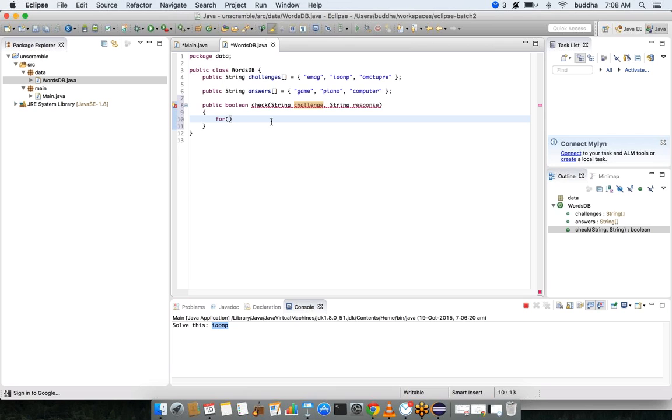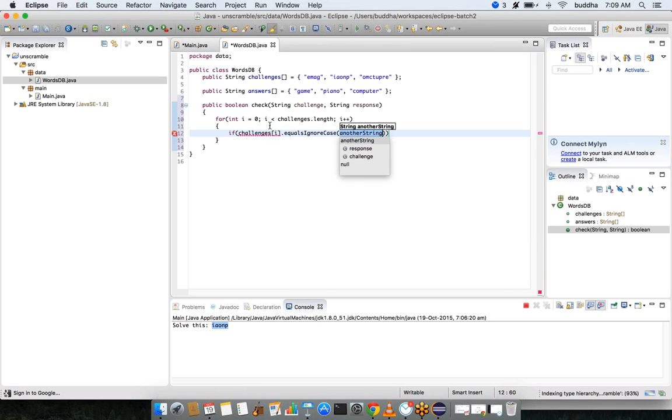So what we can do is for int i equals 0, i less than, say for example, challenges.length, i plus plus, if challenges of i dot equalsIgnoreCase of challenge.